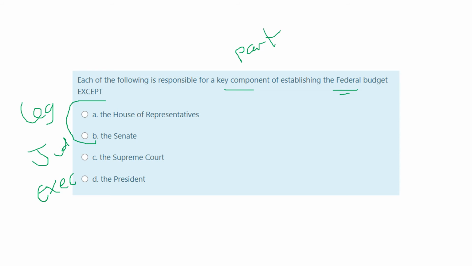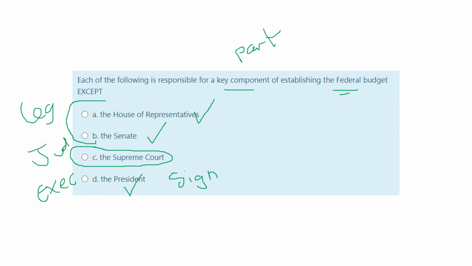And so they said if you're taking people's money, then the decision must be made by the representative of the people. So the House of Representatives definitely is involved in making the budget. And the Senate also has to agree, so they are also involved. After they've made this, the law is sent to the president, who needs to sign it. So the president is also involved. The court has no power over the budget. They cannot increase or decrease. They cannot add programs or take programs away.